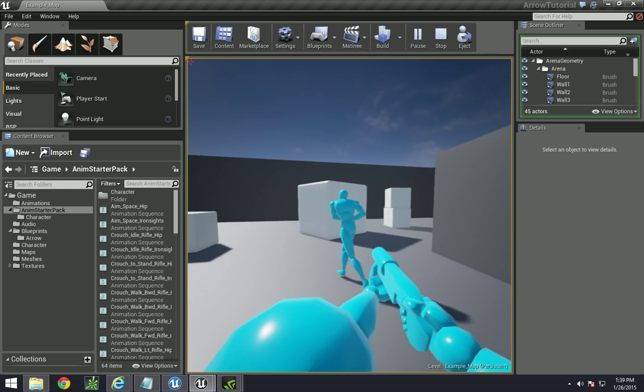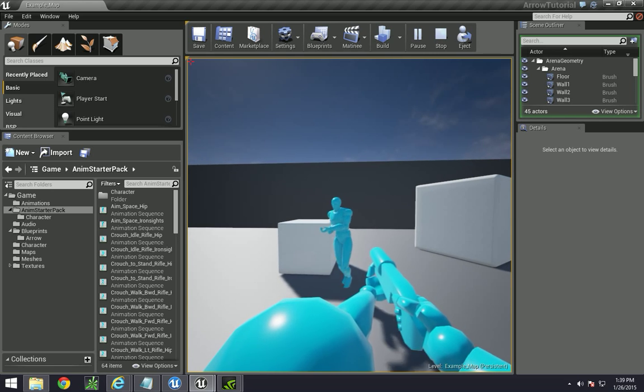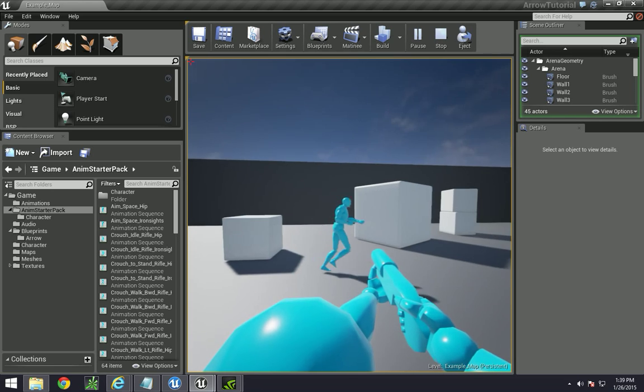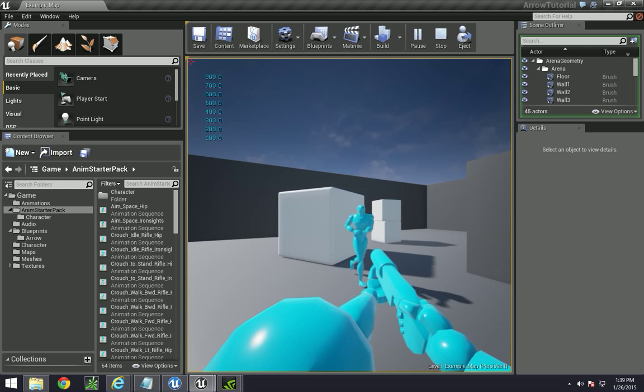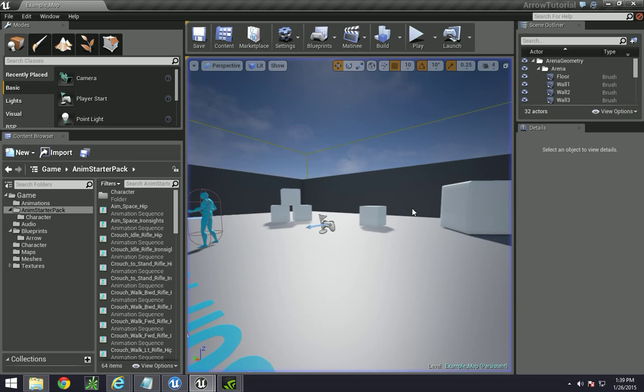Now, as you can see right now, our little AI character is just moving about. However, this isn't using all the components that we're going to be using for our AI system. We'll actually be building off of this, but let's start. So to set up,